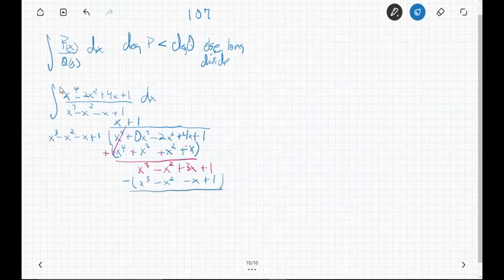So here we go. If I subtract these out, turn that into a positive, change sign, and then make that a negative. Those cancel, those cancel, those cancel, and I end up with 4x. So this can be written as x plus 1 plus 4x over x cubed minus x squared minus x plus 1. Holy smokes, this is hard. Math is hard. All right, so this integral then becomes x plus 1 plus 4x over